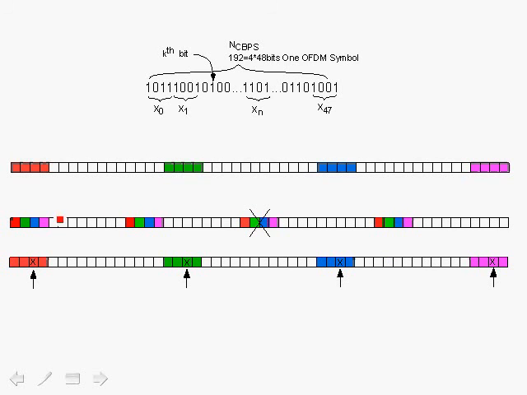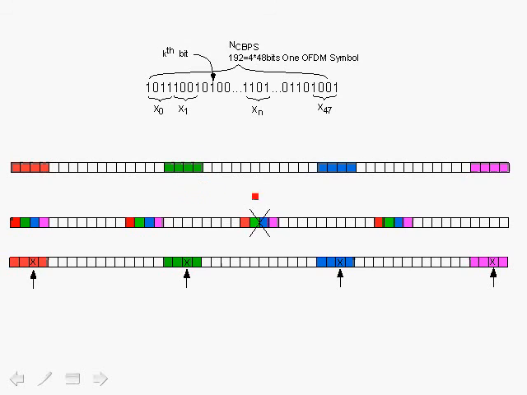They are not adjacent to each other, like in this case. If we did not do interleaving, and for example a carrier here was lost, then all 4 adjacent bits would be lost. In the case of interleaving, if this carrier is lost, then the bits that are gone or potentially in error have been distributed across the 192 bits of the OFDM symbol, and as they are input into the Viterbi decoder they are like random bit errors, and of course the Viterbi decoder is quite capable of correcting most of those situations. So this is the concept behind the interleaving,